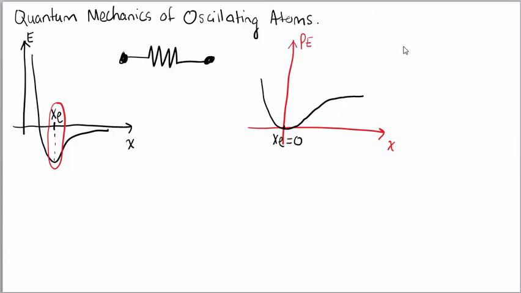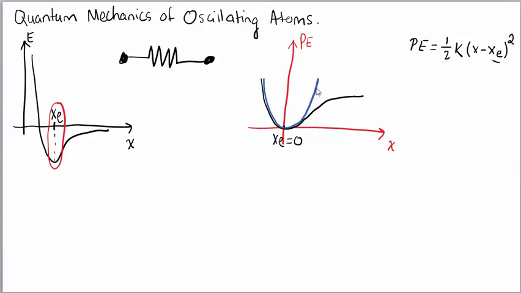Well, if we look at our equations for potential energy that we derived in the previous lecture, that potential energy was estimated as 1/2 k (x minus xe) squared. This is from the last lecture. So if we plot this potential energy, 1/2 k (x minus xe) squared, where xe is equal to 0, then what we have here, let me use a different color, is a parabola. I'm going to draw them next to each other. A parabola